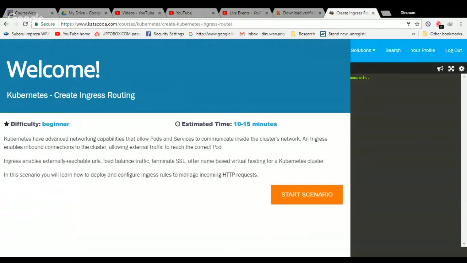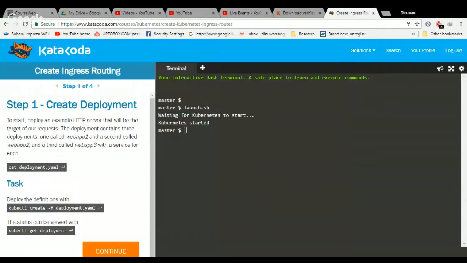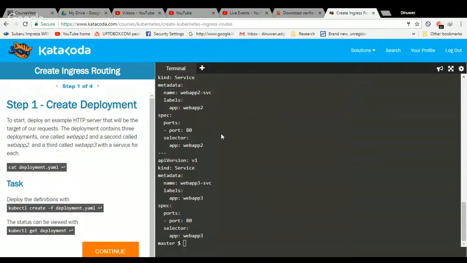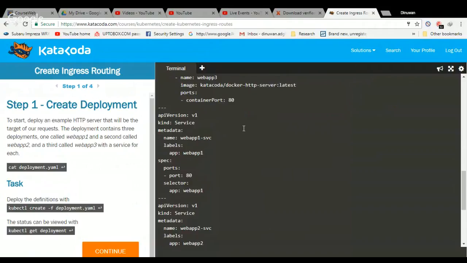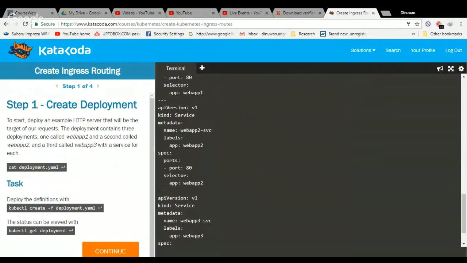Okay, let's start with Kubernetes create ingress routing. So there are four steps. First step is create the deployment. We have to create the deployment using this command. As you can see, the deployment is already created, and to deploy the definitions with this command, that's our